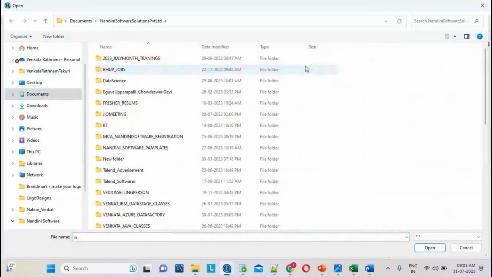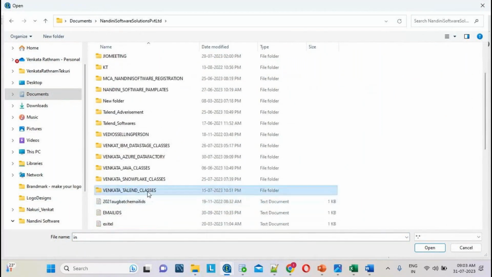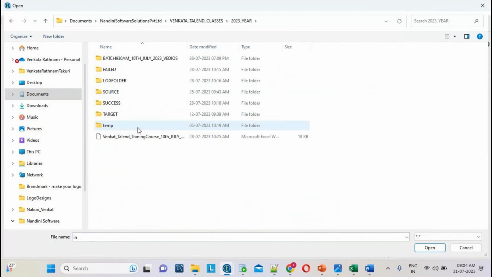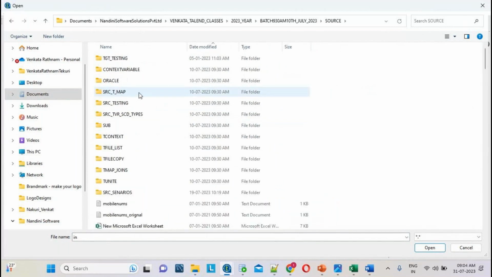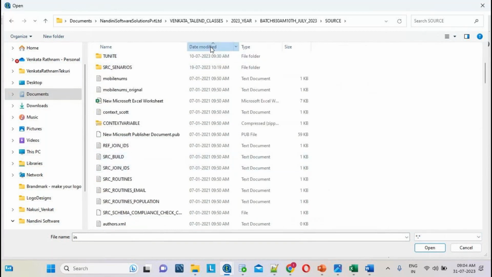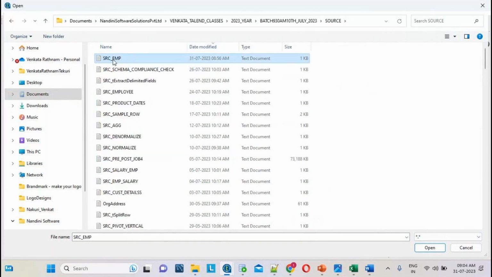In this folder, files are there. Wherever it is available in your system, I have to browse that path. So this is the src emp. Can somebody find where this file is? In this folder, this file is there. I want to read it, so that's why I'm selecting this file.